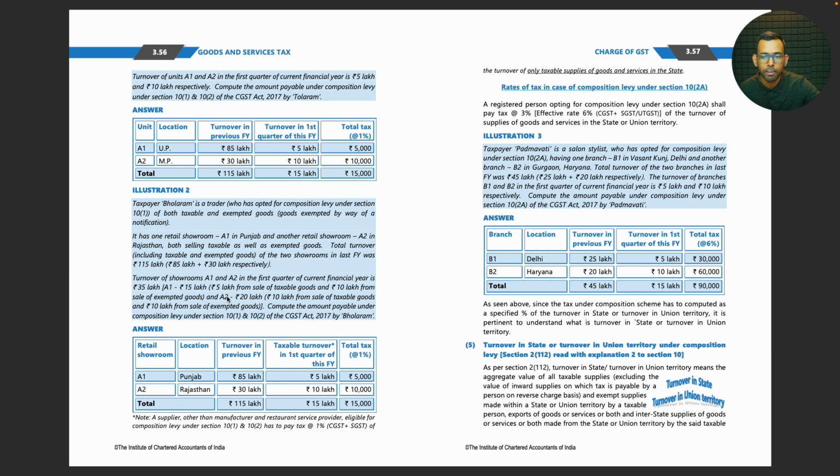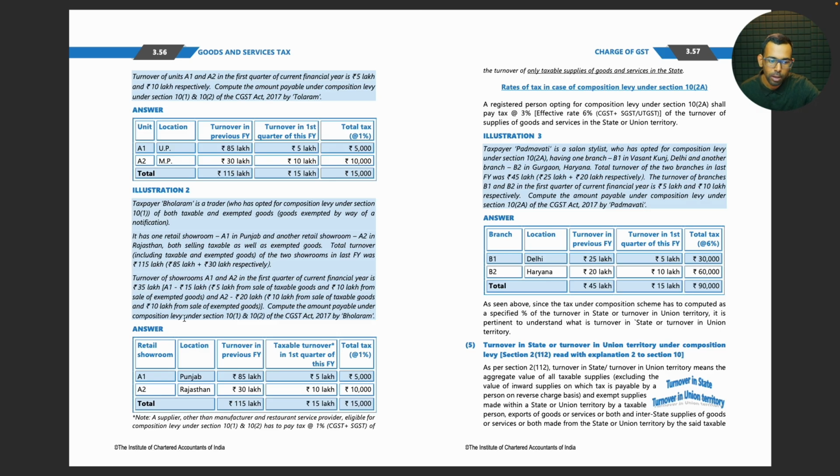So I was just wondering if they have given a situation where he has crossed the limit. When does he cease to be a composition player? The moment his combined turnover crosses 1 crore 50 lakhs in the current financial year, he will become a normal taxpayer. Now my next question is, let's say my turnover has become 1.6 crores. For the first 1.5 crores, will I still get the composition benefit, or for the entire 1 crore 60 lakhs will I have to pay like a regular taxpayer? That's my next question. Anyway, let's see.